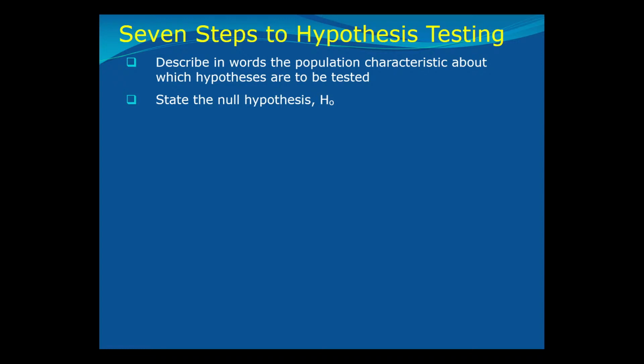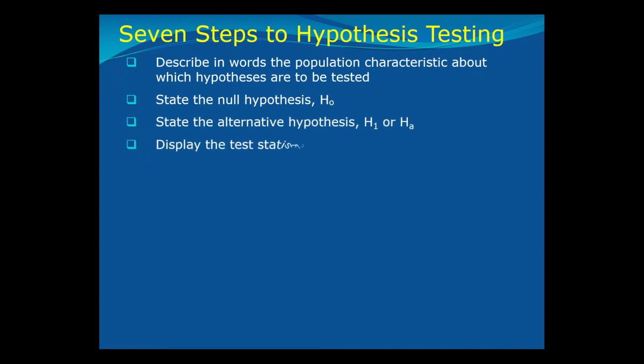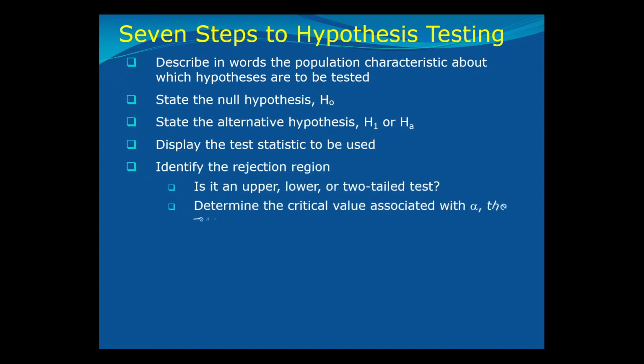So we need to state the null hypothesis, and we need to state the alternative hypothesis. Then we need to find out the test statistic to be used. Then we need to plot the rejection region. Is it an upper, lower, or two-tail test? We need to find out the correct